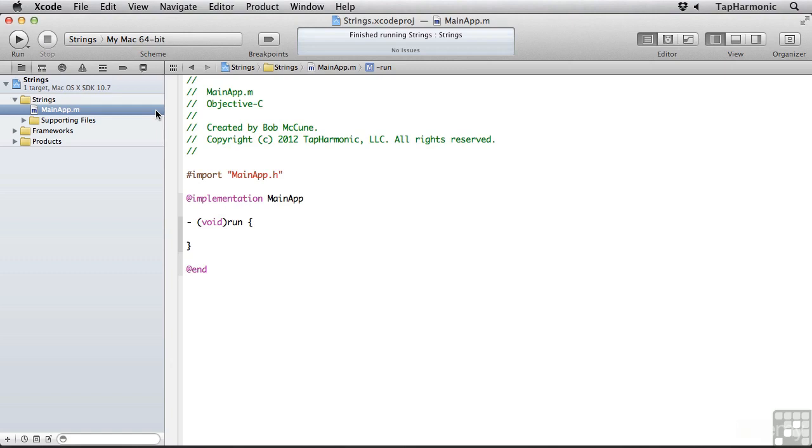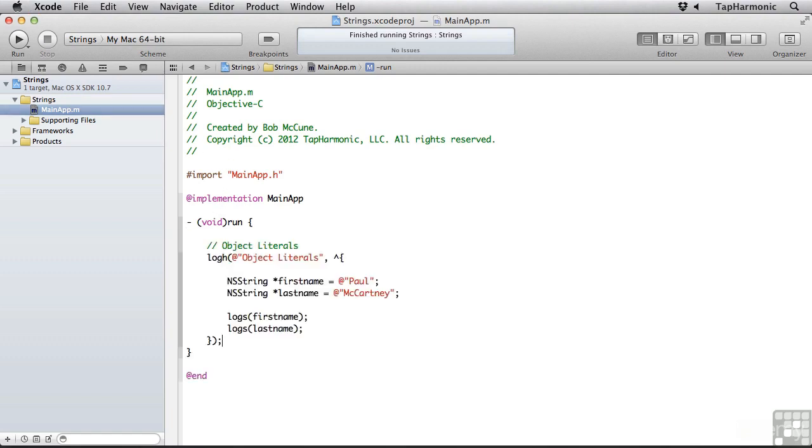Now, strings are so commonly used that Objective-C actually provides us with an object literal for creating them. And we've actually seen quite a few examples of this already in the code that we've written. Anytime the compiler encounters an @ symbol followed by a quoted string, it knows to create an NSString for us. In fact, this is really equivalent to me manually allocating a string like this. But of course, the latter form is certainly more succinct and much more readable, so this is what we typically